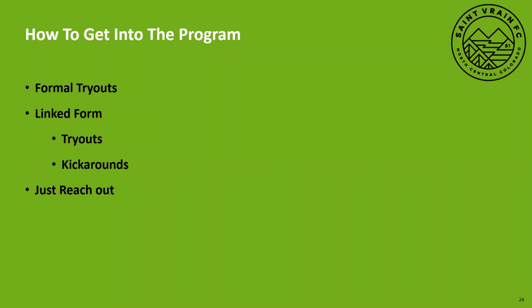Some people knew immediately that this was the path they wanted to take. Some folks weren't sure until we discussed their fears, and some others might still not be sure. But there's a lot of ways that you can get into the program. The first one is a formal tryout. Again, the link will be below. Another is using the form that is linked below to do an informal tryout during season. So this is for players who are currently under 9s, under 10s, under 11s, and above. And maybe you missed a kick around or you missed a tryout window and you want to come give it the old college try. Simply fill out the link below and we'll schedule something to have you come out.